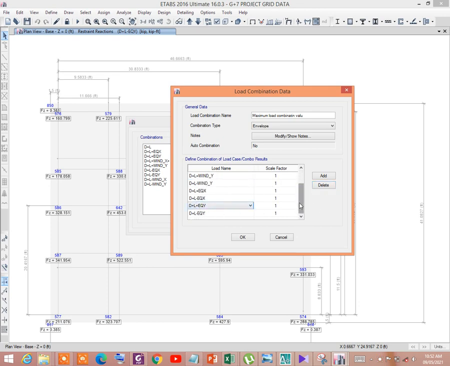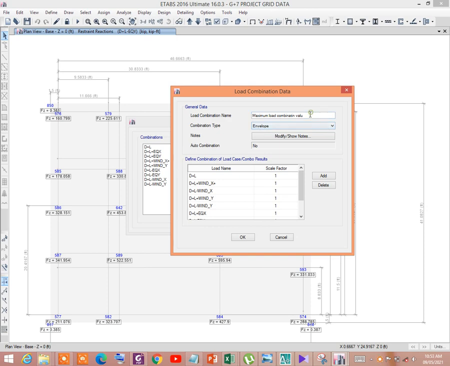You see that I have taken all the combinations, 9 different load combinations, and assigned scale factor 1.